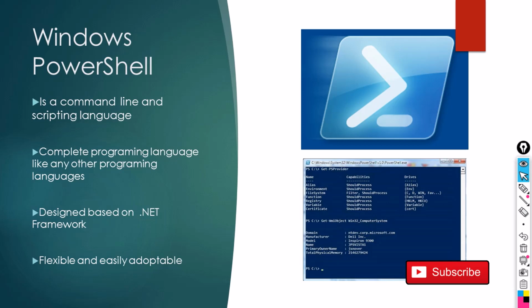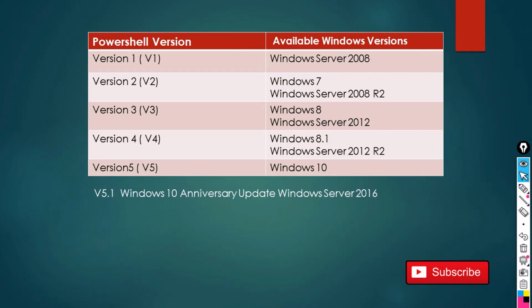with different operating systems. So version 1 of PowerShell actually shipped with Server 2008. There are somewhere close to 130 commands in version 1. So it is not that flexible or not that powerful at that point. But version 2, which shipped with Windows 7 and 2008 R2, has close to 2000 commands, and there are